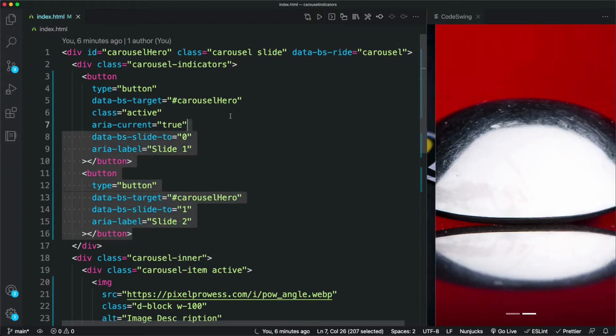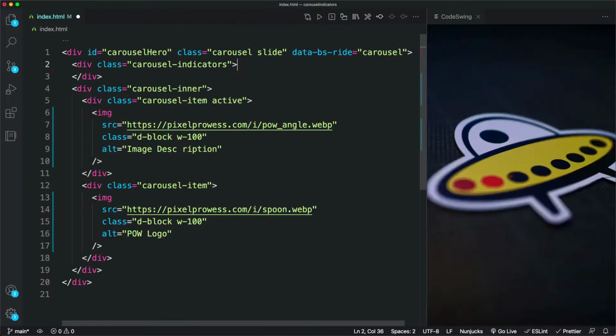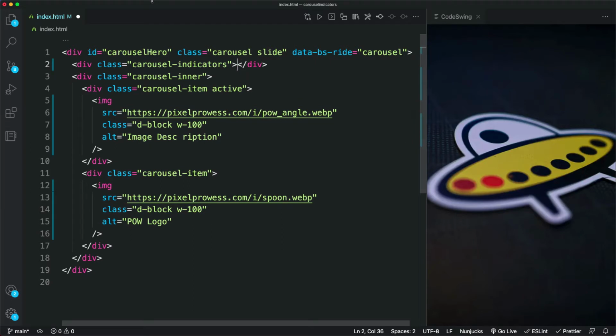Now the key to deciding which approach to use is the quantity of tags versus the variables that you need to use to build the element. This has a lot of properties, but it's really just a container with a couple of buttons. What I want to do is add a div with a class of carousel-indicators to a carousel. If that div exists, I want my program to take care of adding the indicators.